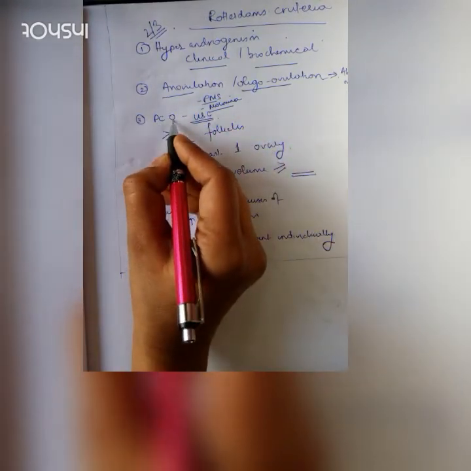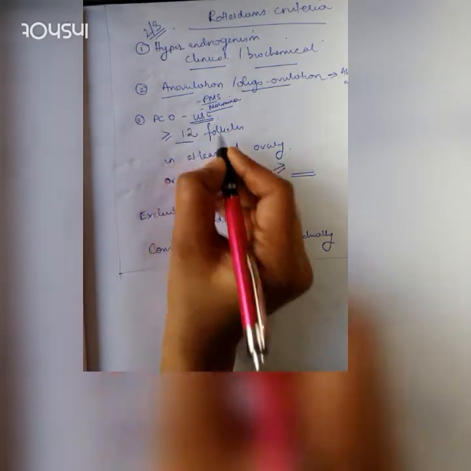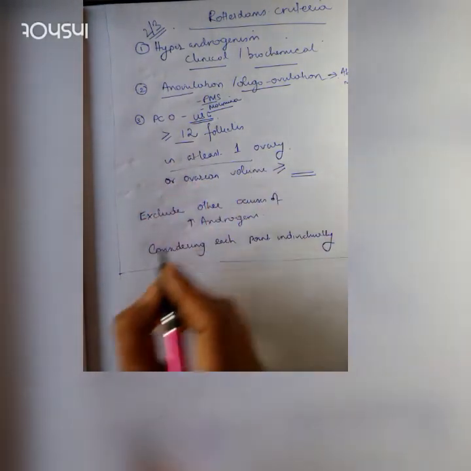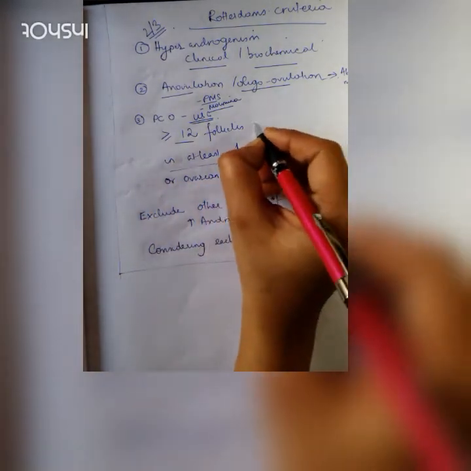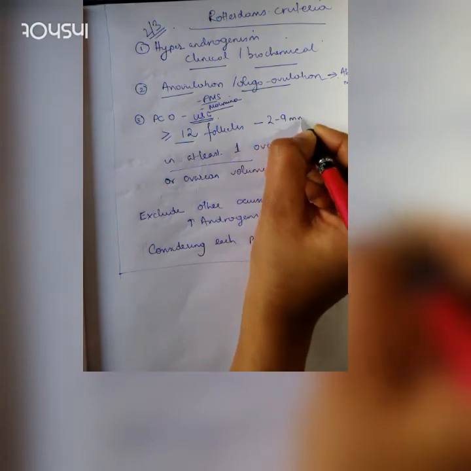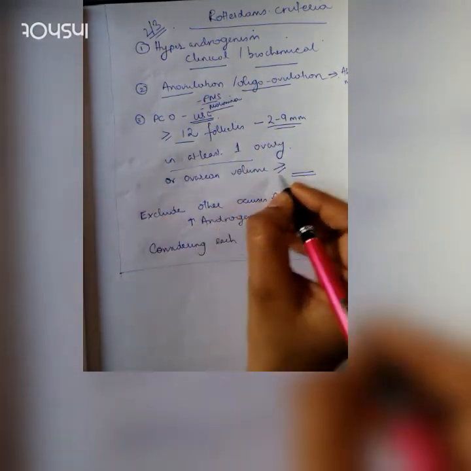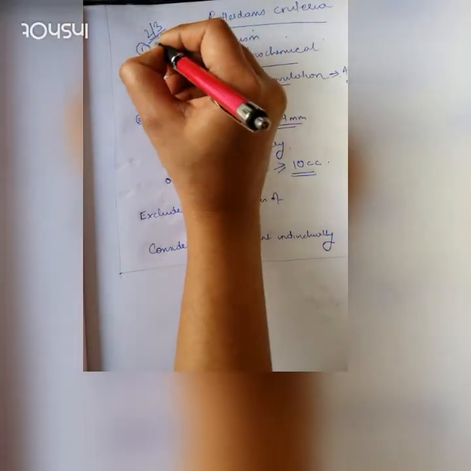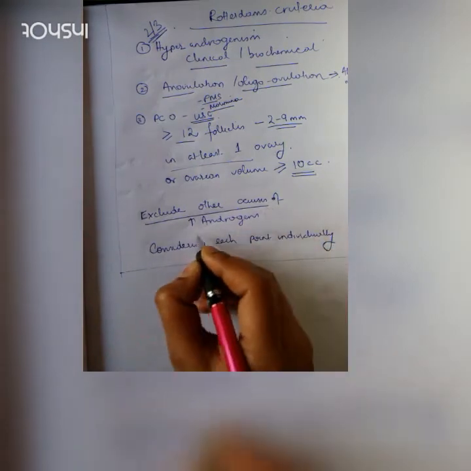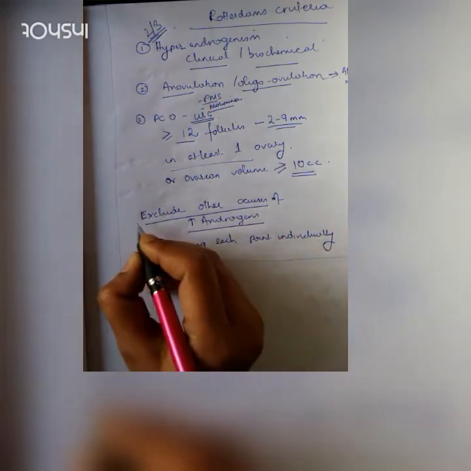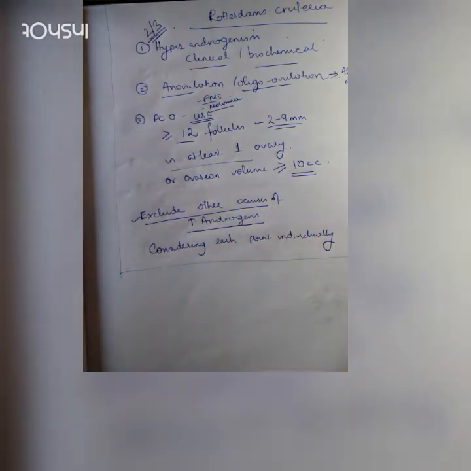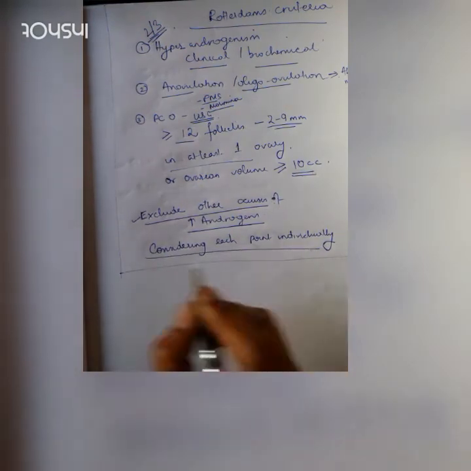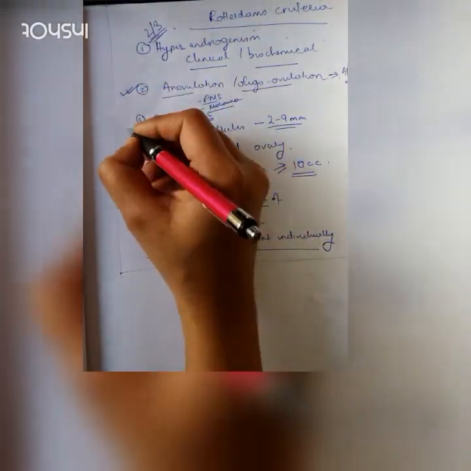Polycystic ovaries is defined as more than or equal to 12 follicles in at least one ovary of the size of 2 to 9 mm, or the ovarian volume is more than or equal to 10 cubic centimeters. Okay. 2 out of these 3 conditions in the absence of any other cause of androgen excess. So you have to exclude other causes of increased androgens in the body. Now considering each of these points individually, we have talked about anovulation, we have talked about PCO, we are left